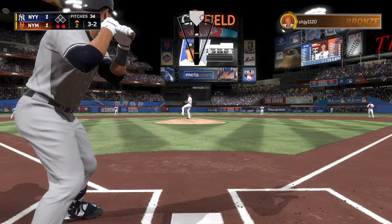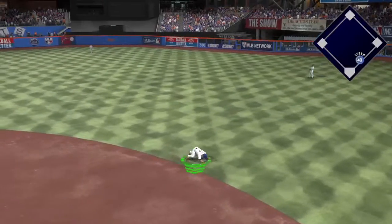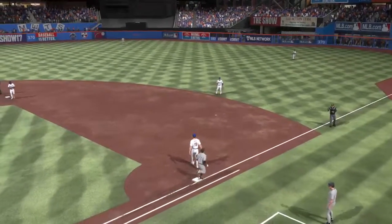Something has to give. Here's the payoff pitch. Hard hit ball to second. Oh, there is Cabrera. He's up with it. The throw. It's there, and he